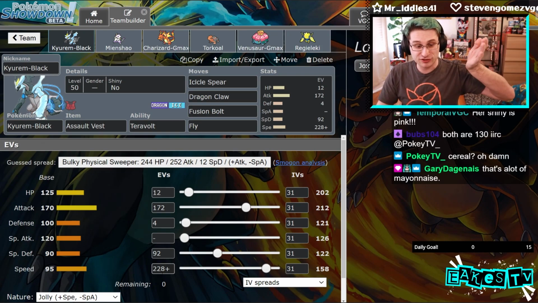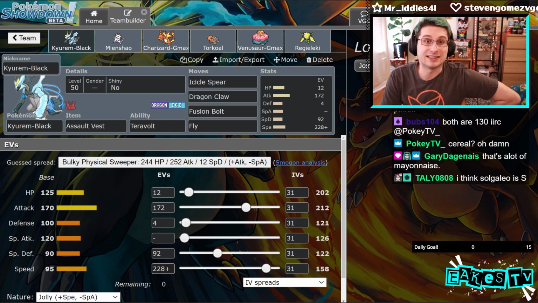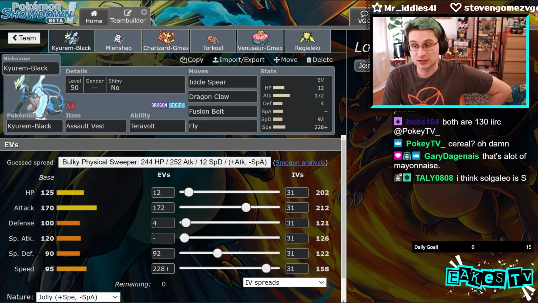So this speed makes you 1 point faster than Landorus. I didn't think being max speed 95 was too big of a benchmark that I needed to hit. As long as I was faster than Landorus, I was totally fine with that. And then I put this much special defense in Kyurem so that my special defense is actually 1 point higher